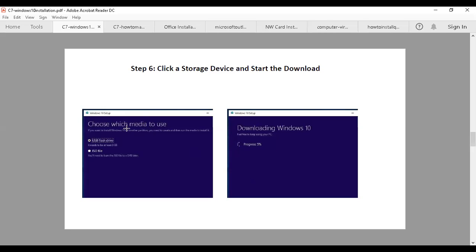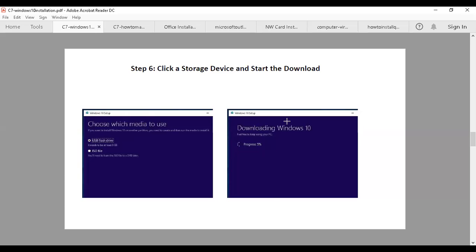Select, choose the media to use. Is it a USB flash drive? Just place the USB flash drive, which needs to have at least 3 GB. Minimum 8 GB pen drive you need to use, and it should be empty. It should not contain any files in it. If you are using a USB flash drive, it will be formatted, or you can download the ISO image file and even write it later on to your thumb drive or DVD drive.